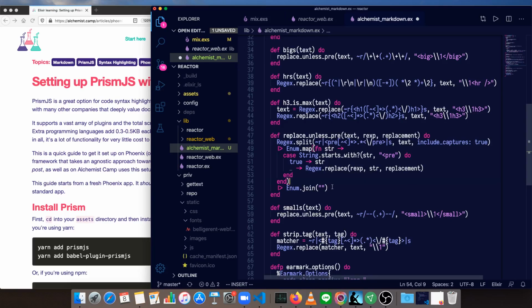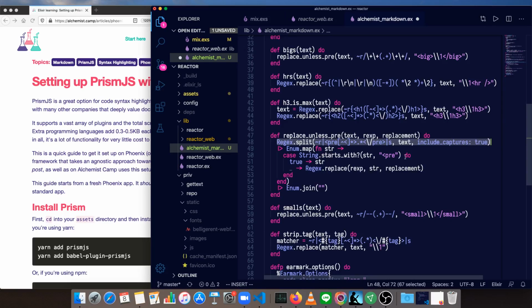ReplaceUnlessPre, and what this does, it looks more complicated than it is, but it just matches some pre blocks. So this will match a pre tag, and this matches the closing pre tag. The reason this is simpler is because you can't have a class or an ID or anything like that in the closing tag, whereas the opening tag could have a bunch of stuff before it has the closing bracket. All the stuff that's in the middle of the pre tag here gets split out. So we're basically doing this regex split to split the entire document into pre-tag blocks and stuff that is not